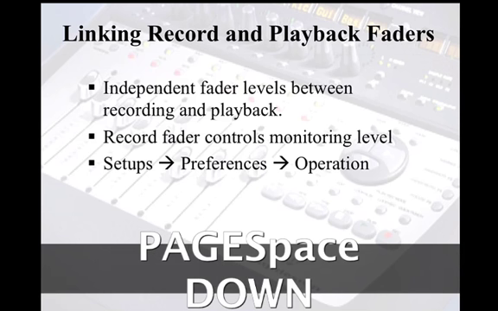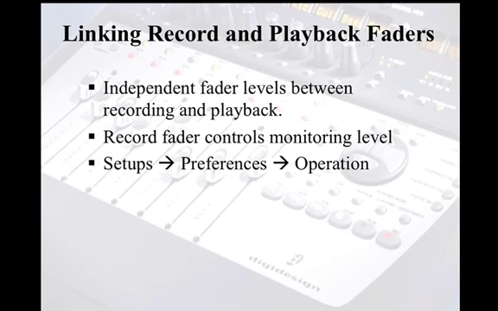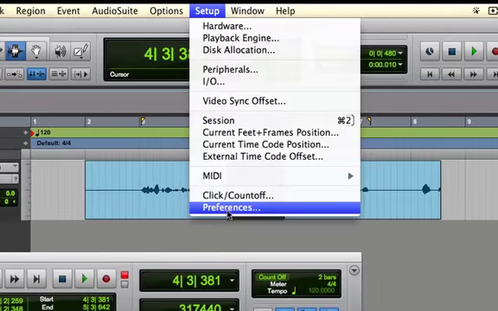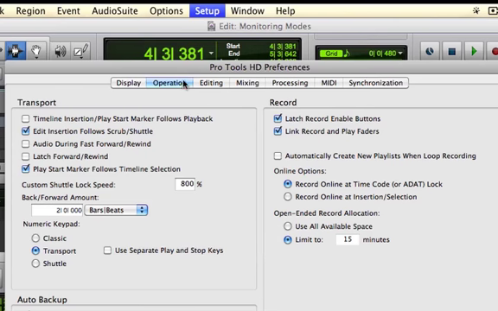So now let's talk about linking record and playback faders. If you go into your preferences, you're able to link these two together or unlink them. So by default, if you go into your preferences and you go into your operations tab, you'll see right here it says link record and playback faders. It's always turned on when you first install Pro Tools. So for right now, if I turn this option off,